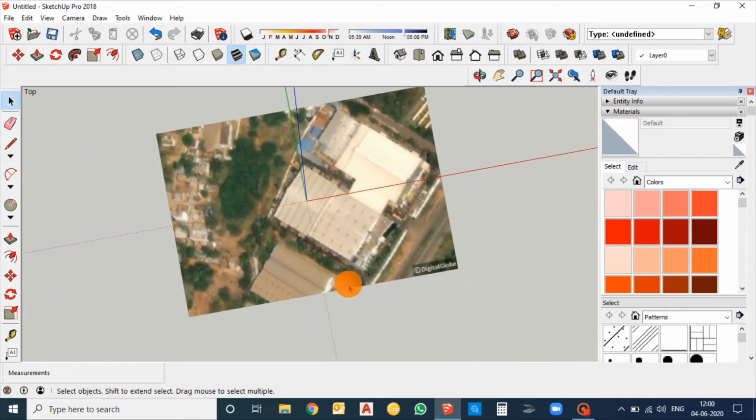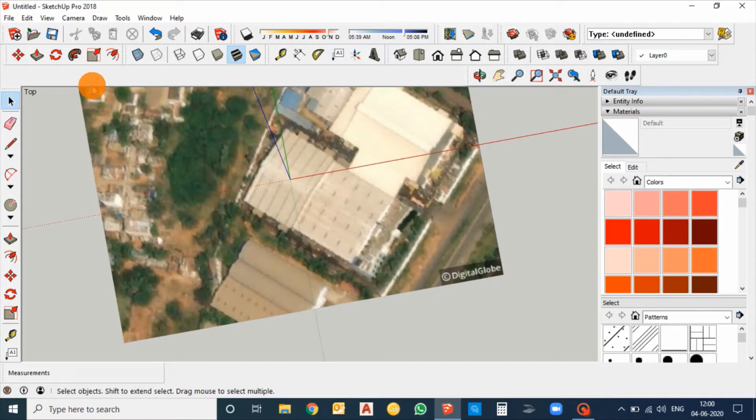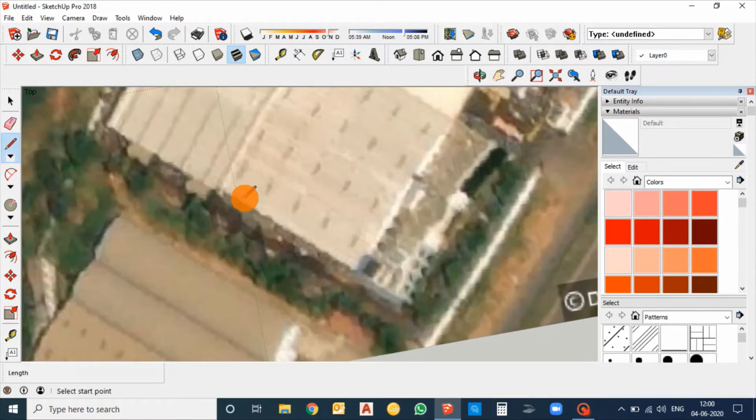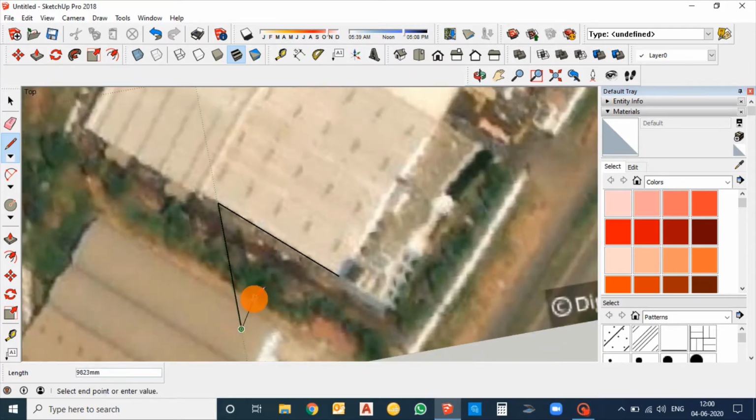In case you need to find the azimuth of this building, you just need to draw a line parallel to the roof edges, and one more line parallel to the green axis.